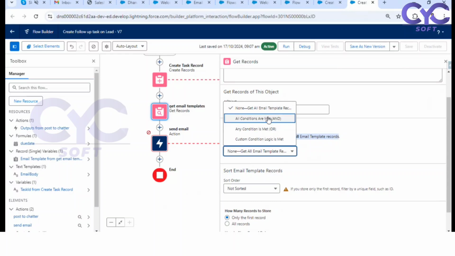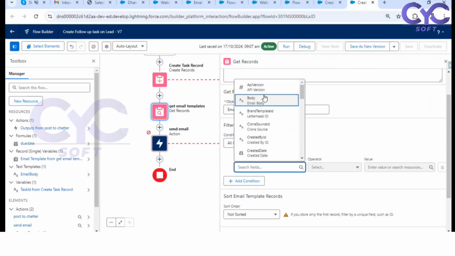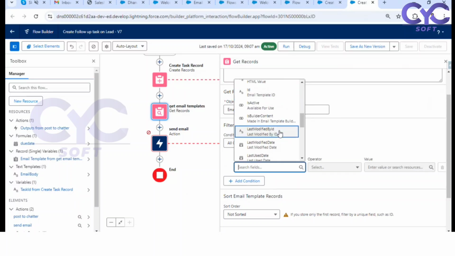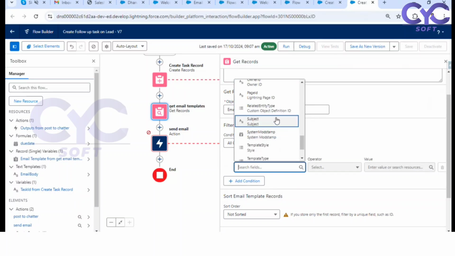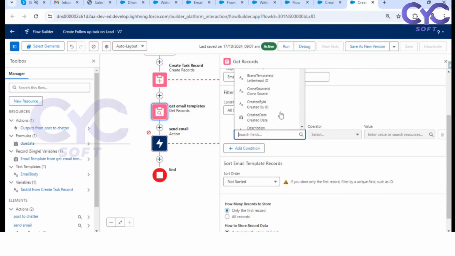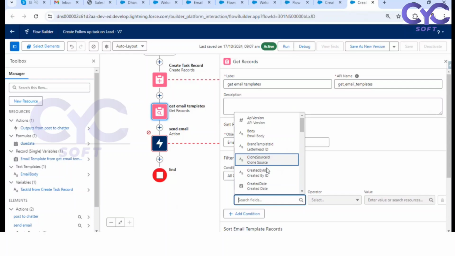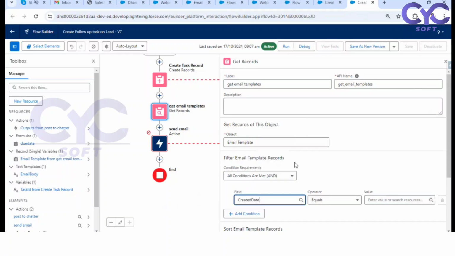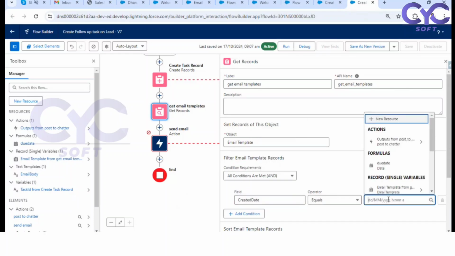Right? Now I want to add some email conditions. Yes. See here. If you want to add any entry conditions, email template ID, or let me add some simple one, as a created date. Created date equals to today. Let me take